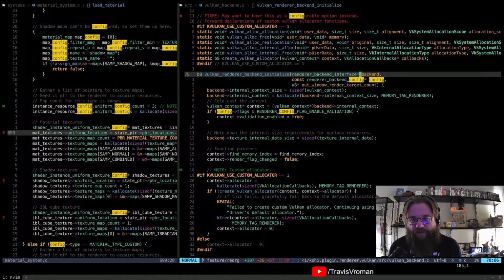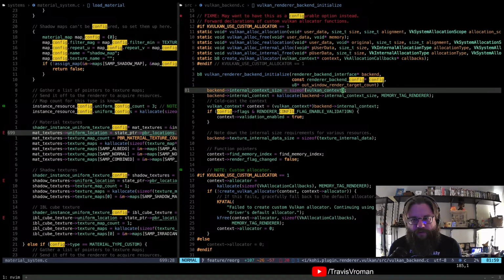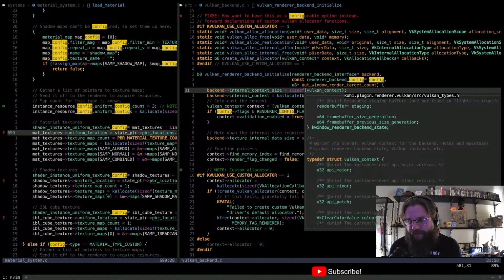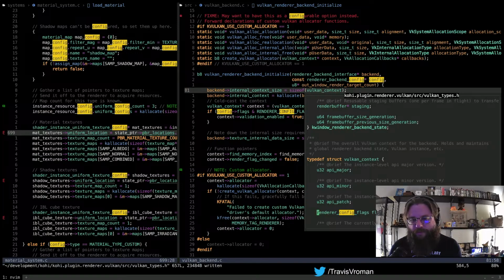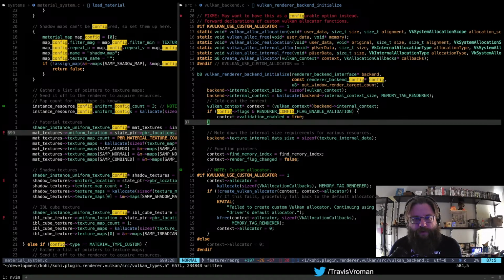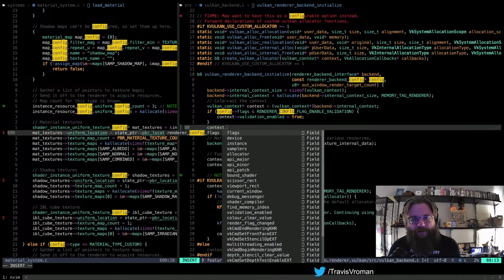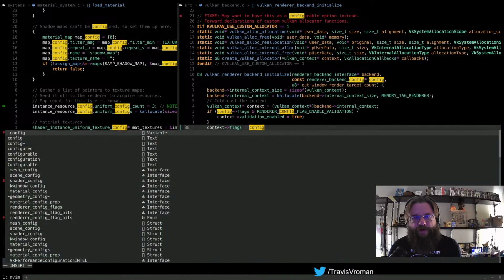I'll probably just store this in here as well, and then do context flags equals config flags.